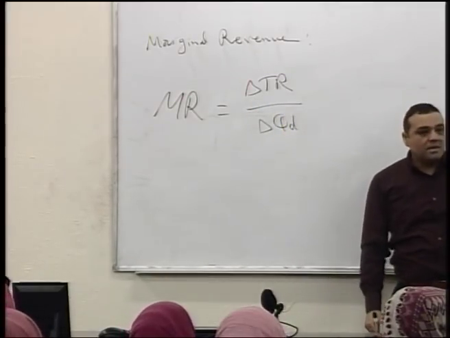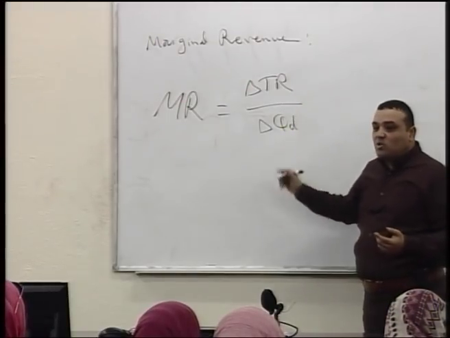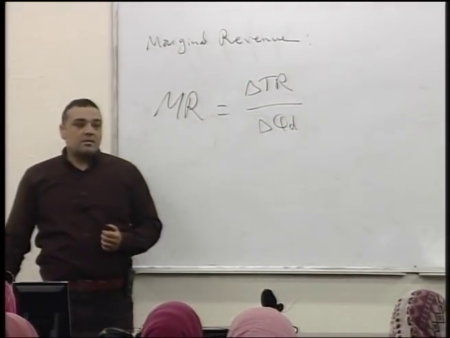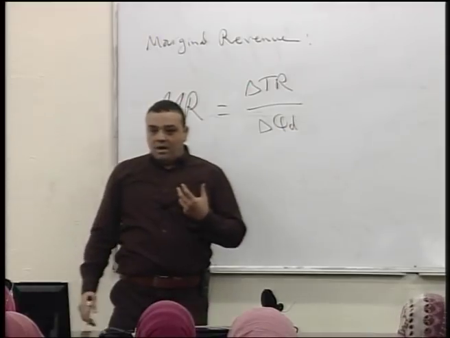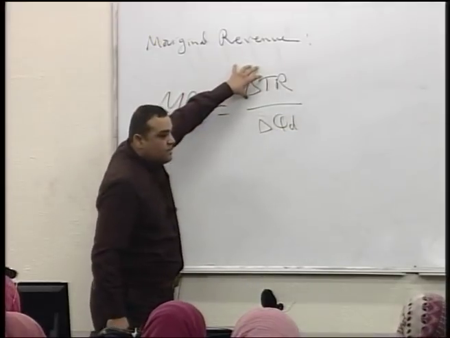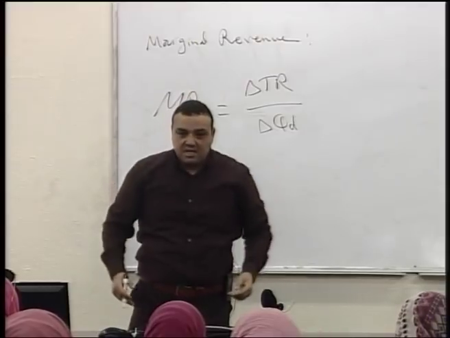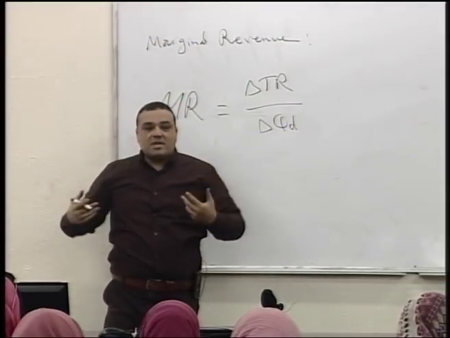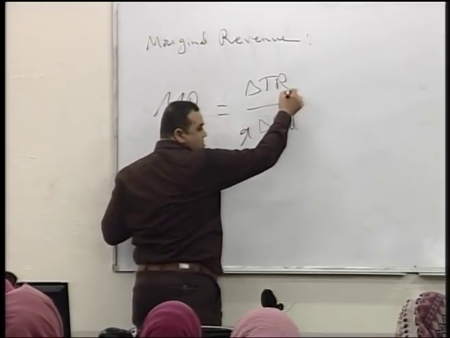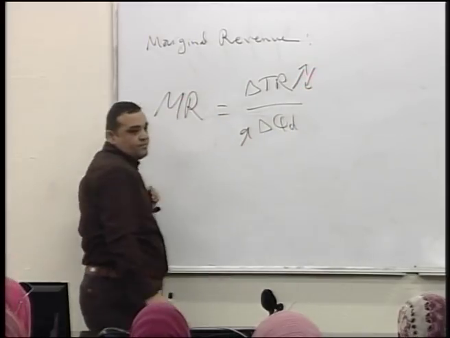Which means what will happen to the total revenue if the quantity sold increases or declines? Again, what will happen to the total revenue if the quantity sold changes? According to our assumption, let us assume the quantity demanded increased. What will happen to the total revenue? ممكن يزيد وممكن ينقص وممكن ما يتغيرش. تمام؟